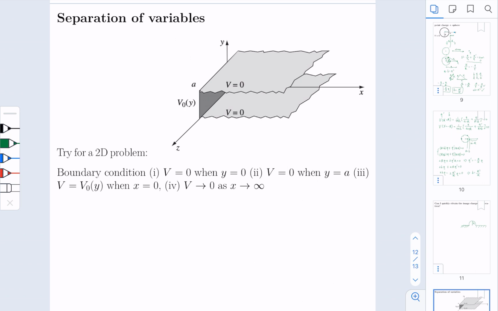And what we want to solve, given the boundary condition, is a problem where there is no dependency on the z-axis. The problem is independent of z, and what's dependent is on x and y. So really, if you want to write out the Laplacian, it is